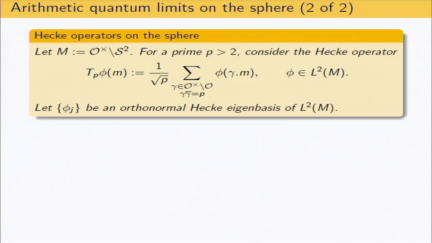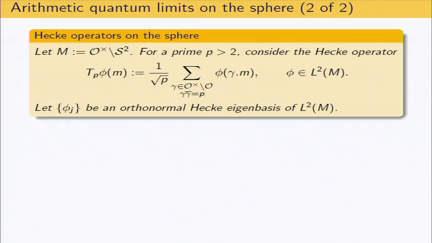Actually, in Hurwitz quaternions, there are 24 times p plus 1 solutions of the equation gamma gamma bar equals p, which corresponds to Jacobi's theorem that in integral quaternions there are 8 times p plus 1 solutions. That is to say, there are 8(p+1) ways to represent a prime p as a sum of 4 squares, but we mod out by the 24 units, so we get exactly p plus 1 Hecke points